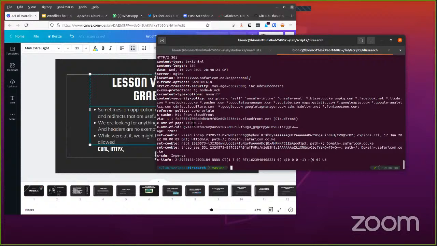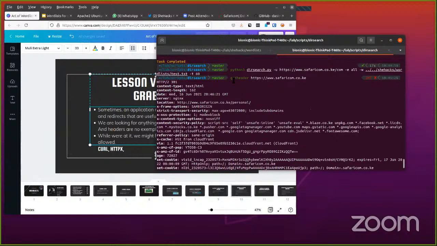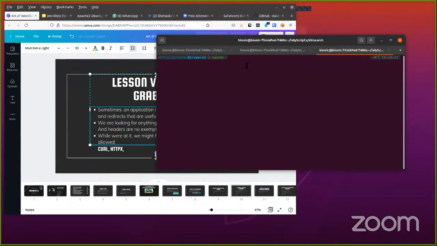So I will come and look for unique words. Here we have the personal. That's probably unique to them right now, but not so much. Right now we don't have anything here, but this is just a POC to show you what to look for. So this lesson is to show you always look for the headers. If you want the command for looking at the headers, it's just a small nano